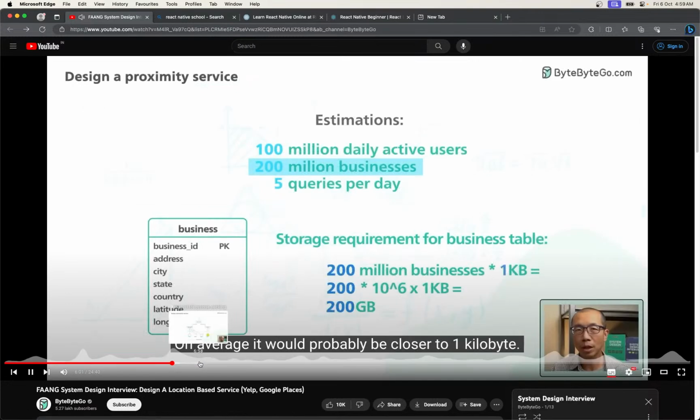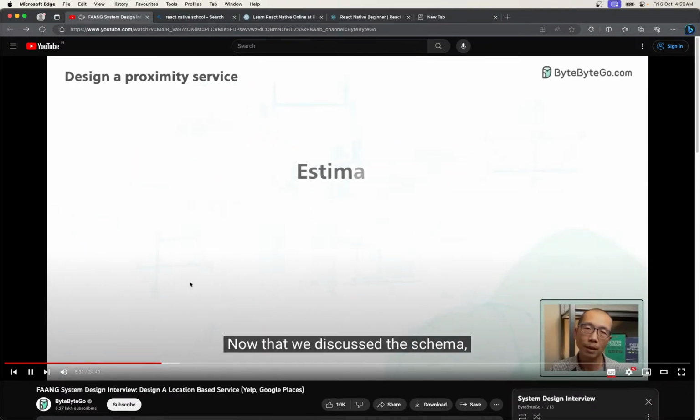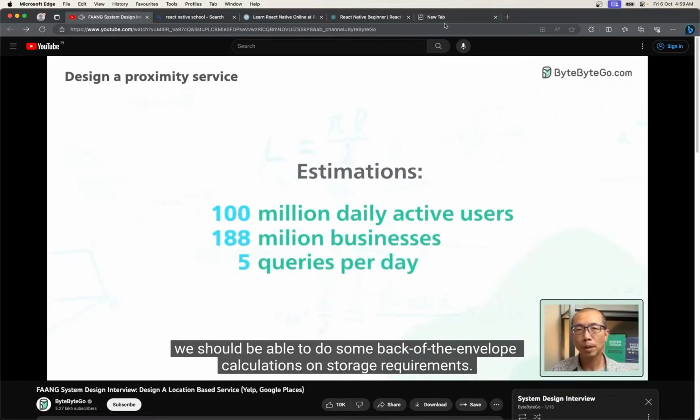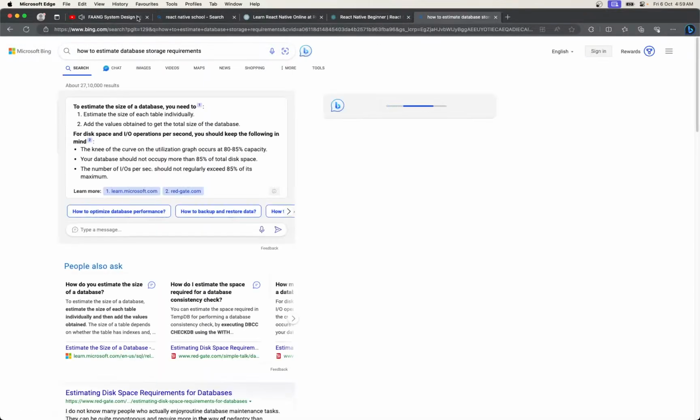To 1 kilobyte. We'll get into this later. Now that we discussed the schema, we should be able to do some back of the envelope calculation on storage requirements. Now, what do we know so far? There are 200 million businesses. For the business table, we estimate that all the details for